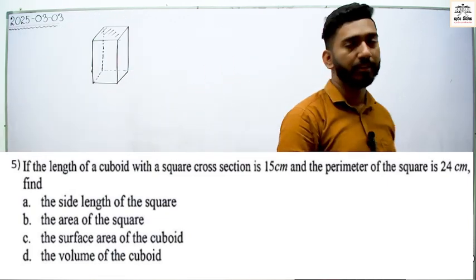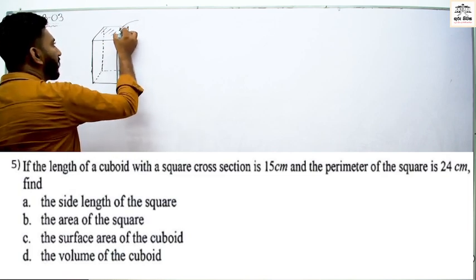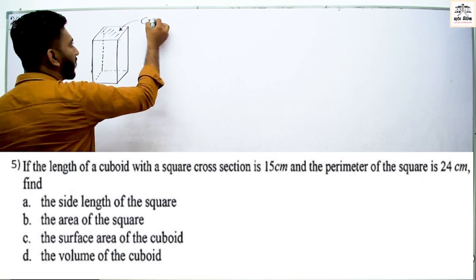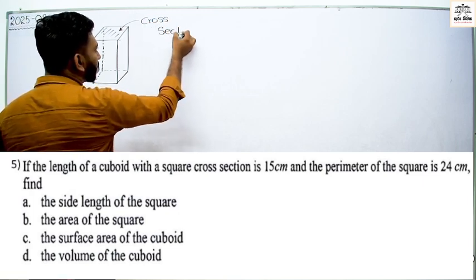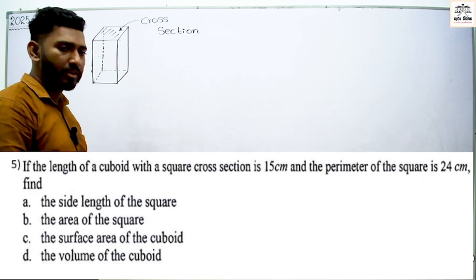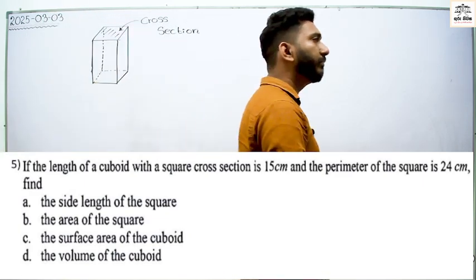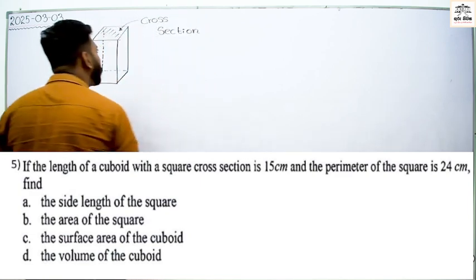Square cross section. මෙයාට පුතේ cross section එකක් කියලා කියන්නේ හරස් කඩ කියලා අපි කියනවානේ. Now listen. In this segment, the very important formula is in these types